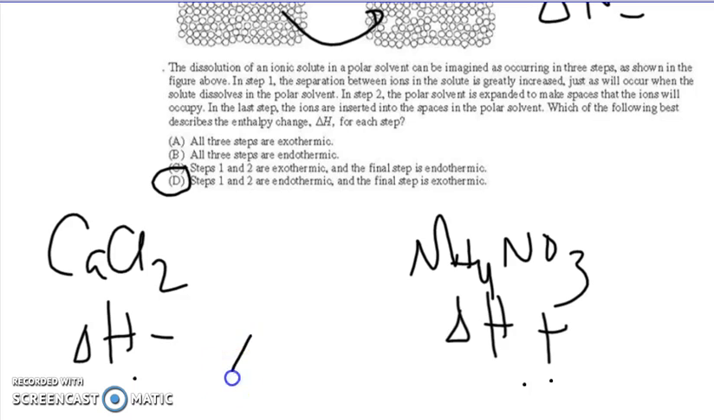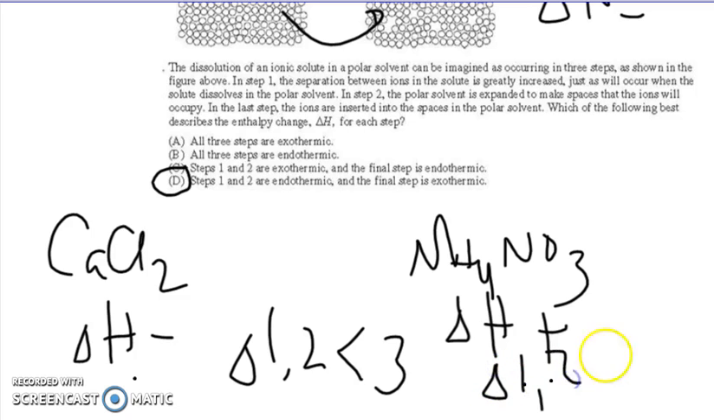So whichever one is bigger: if steps 1 and 2 are less than 3, we're going to say exothermic, but if steps 1 and 2 are greater than 3,